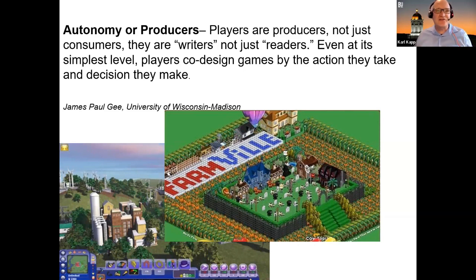So the interesting thing is in a lot of gamified environments, we as the players actually have control over the environment. We can control what it looks like in Minecraft. We can build our own environment. In Second Life, we can create our own experiences. We can decide what we look like. When we play a game, when we decorate our avatar, all of that goes into us making our own decisions about what we want to do in the game.